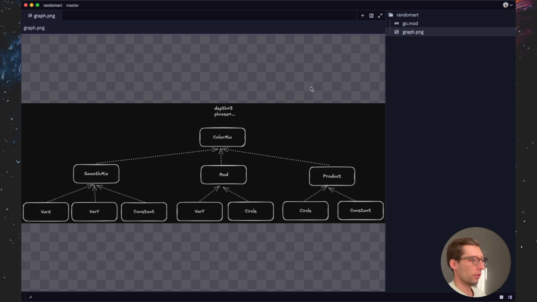So here's an example of the expression tree that has been generated for the given depth, which is 3, and some phrase, right? The phrase is only needed to seed our pseudo-random number generator that will then randomly select these nodes. So we start with color mix. Color mix basically mixes the colors of 3 inputs, so the arity of this operation is 3. What our algorithm now should do is pick 3 random operations as inputs for this node, right? So we pick, let's say, smooth mix, mod, and product for our given phrase. And then we go